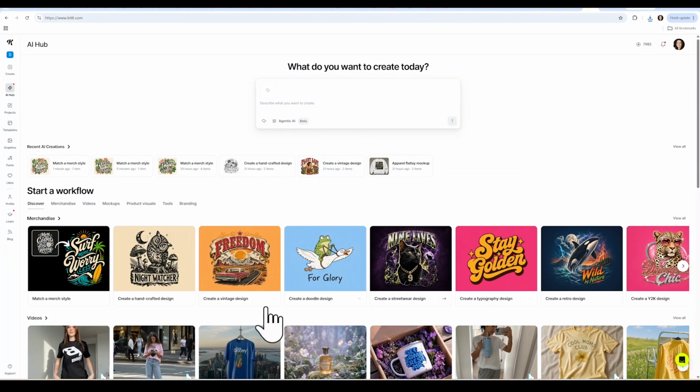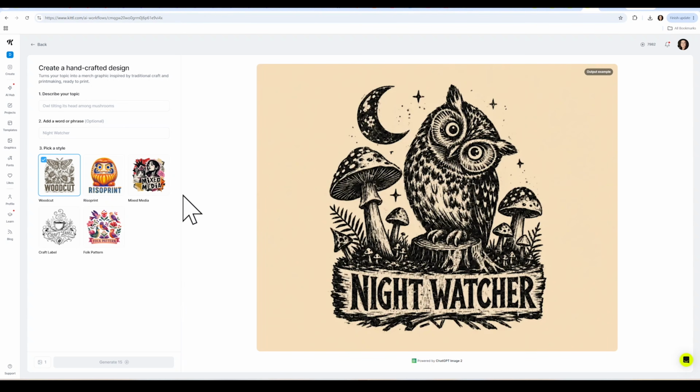And that's how you keep creating more designs in the same style. Let me show you another example. You can even create SVG style designs for laser engravers or cutting machines. For example, this woodcut workflow will be perfect for creating designs to engrave with a laser machine. In step 1, we'll enter the title of the design. I'm going to type Plant Lover Design. In step 2, I'll enter the phrase I want to use. I'm going to type plant lady.